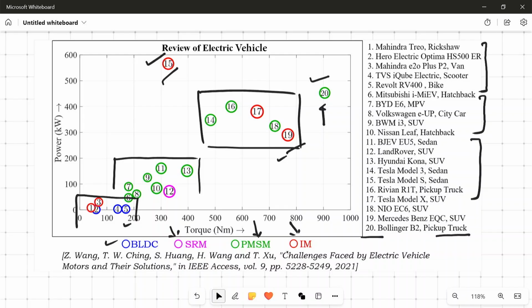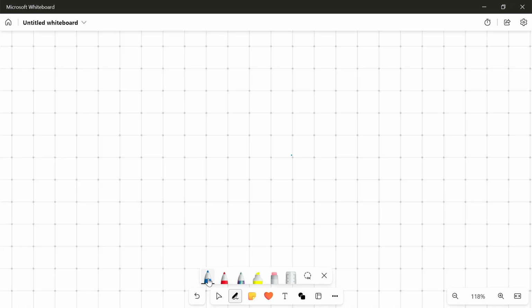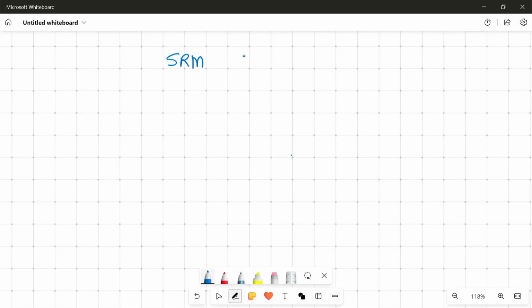So we find that electric vehicle technology primarily uses these 4 types of motors. Going ahead in this course, we are going to discuss these motor drives, which are SRM, BLDC, PMSM, and IM. And to proceed with these motor drives, we do need to have some basic understanding about the fundamentals of